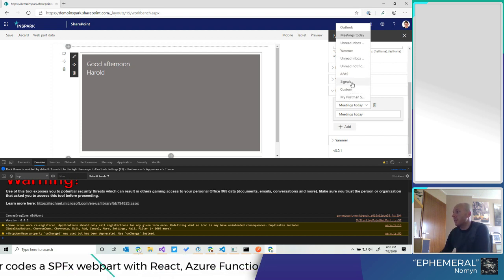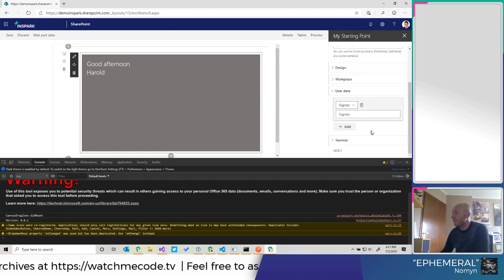So this is our custom source. Basically we have two built-in sources, Outlook with two options, Yammer with two options. Those are the built-in sources. And now we have two custom sources. One is the AFAS signals, and the other is the custom source for my Postman, which I added using Postman. So now we can select the signals,